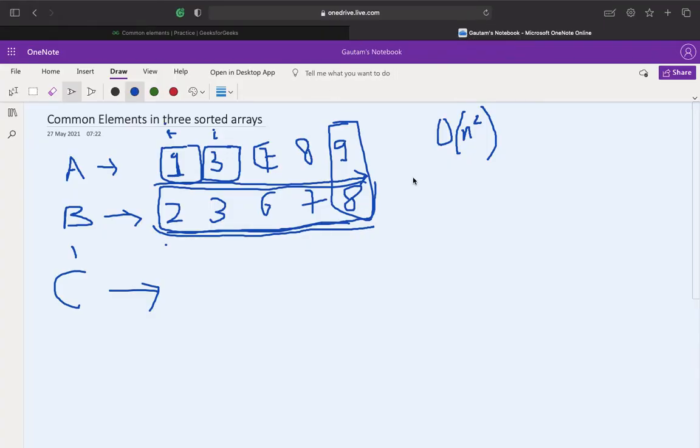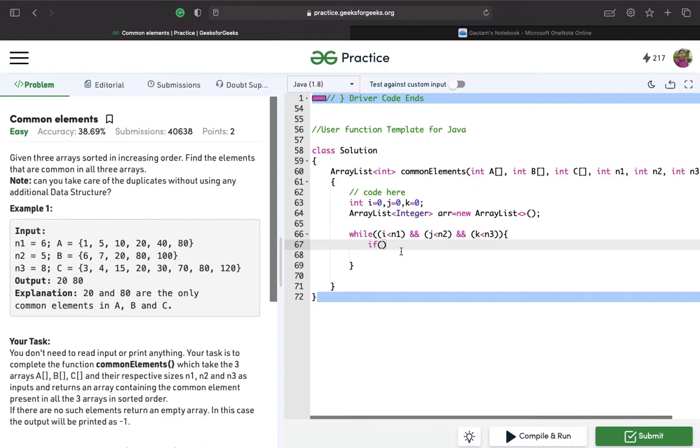So if initially i, j and k are equal, we'll simply add it into the array list. If a of i equal to b of j equal to c of k.